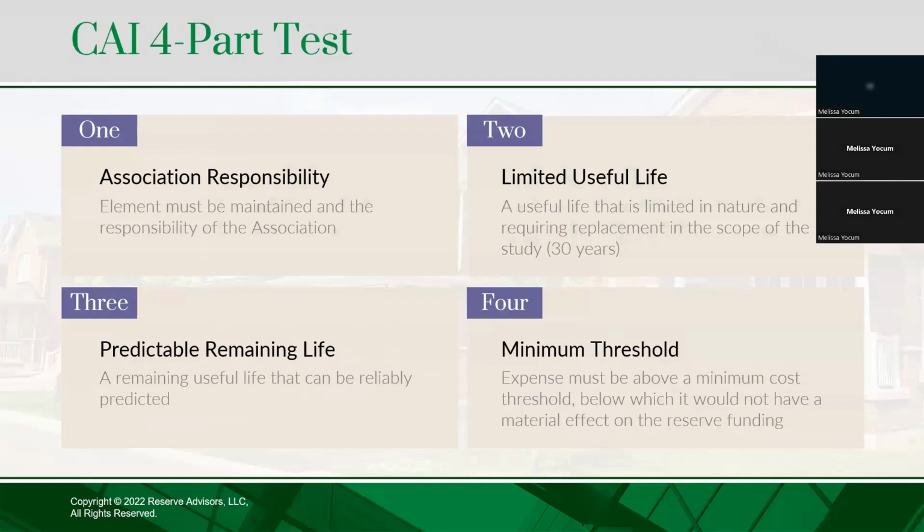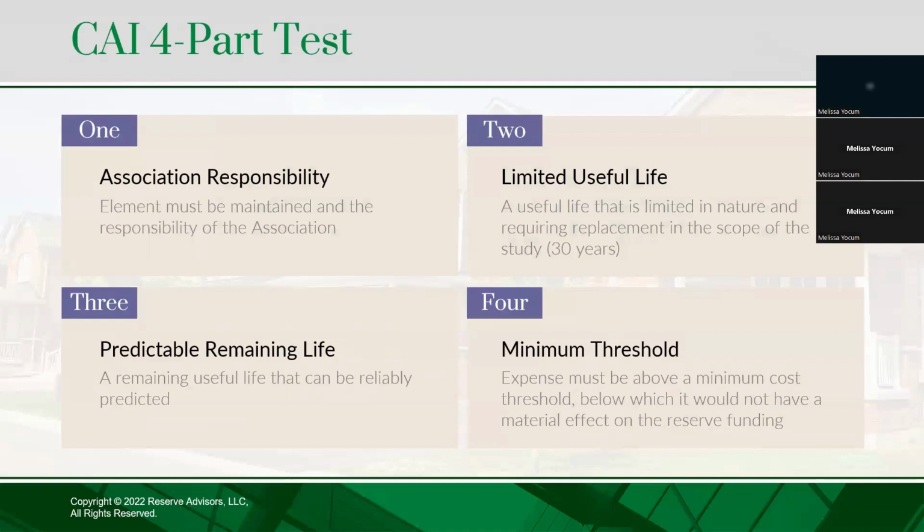So a general rule of thumb that we use is 1% of the budget. So if you have a $200,000 budget, we might set that cutoff at that 1%, which would be $2,000, meaning any expenses below $2,000 are general maintenance and operating, and any expenses above it would qualify as a reserve expense. Now, that's not a hard line. That is something we would work with you to understand how you operate or how you want to operate and determine that threshold accordingly. But that needs to be determined as part of preparing the reserve study so that we're all aligned on what qualifies as a reserve expense and what is more general maintenance and operating.